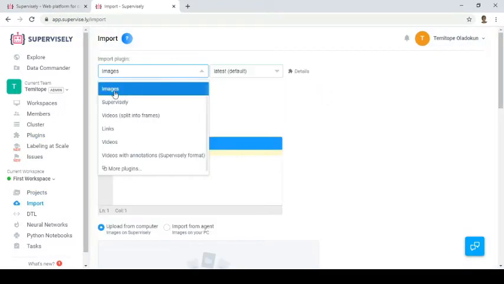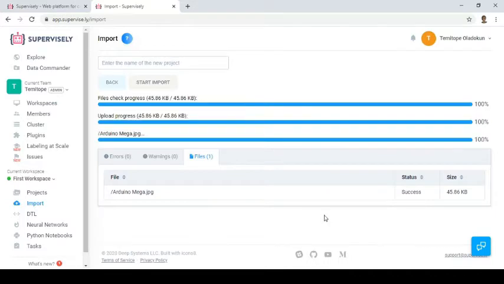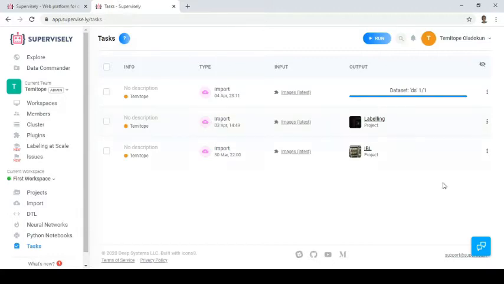So I'm not importing links, neither am I importing video, because you can also label videos, but I'm just importing an image. I just pick it up and drop it, and I label. Let's name it Temitope, my name. So you click import. It's importing it, so you can come here and archive the task. Once it's done, it's going to show you that it has been imported. So I come here,